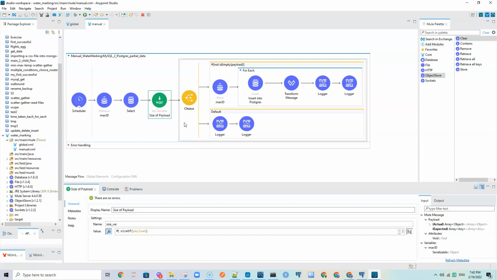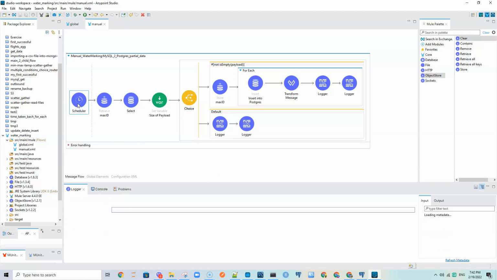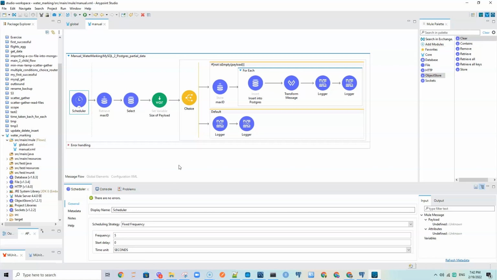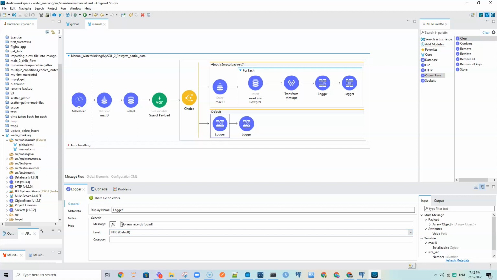Then here I have a choice router. What this choice router is going to do is, if the payload is not empty, the upper route will be executed. But if the payload is empty, it will simply say no records were found, because the scheduler is going to be triggered every 5 seconds. So every 5 seconds, if it doesn't get data, it is going to print on the console no new records were found. Otherwise, it is going to send the data, insert the data to Postgres, and at the end